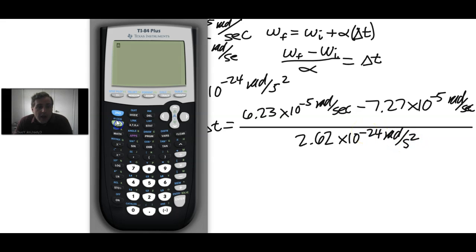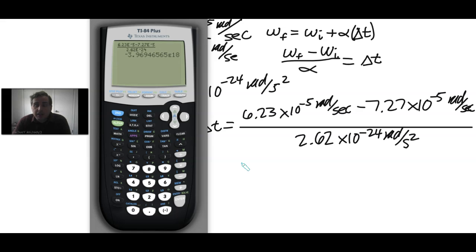So let's calculate this. So alpha F1 fraction stack 6.23 second EE, that's times 10 to the minus 5th, minus 7.27 times 10 to the minus 5th radians per second, and divide that by 2.62 times 10 to the minus 24. Okay, so the calculation gives us, now by the way, the